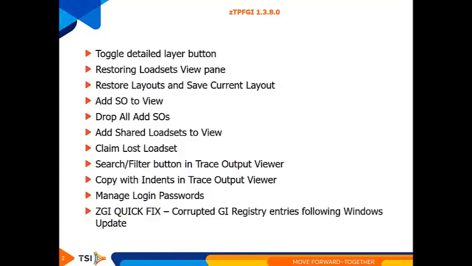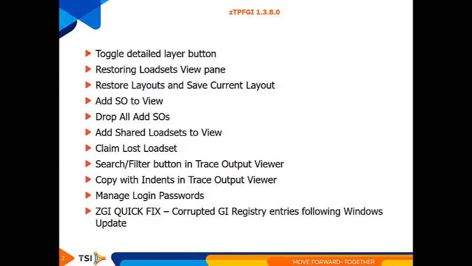So we're going to touch on the toggle, the detailed layer button, restore and load set view panel, restore and save the current layout, add shared objects to view, drop the shared objects, sharing a load set across multiple developers, claiming a lost load set, the search and filter buttons within the trace viewer output, copying that output with the indents, how you can manage